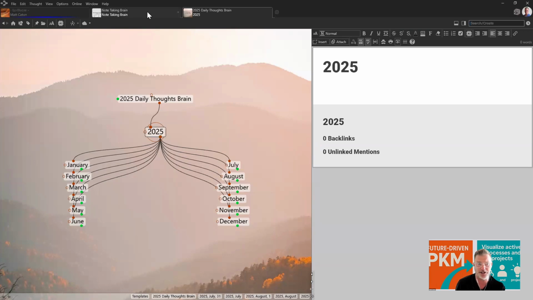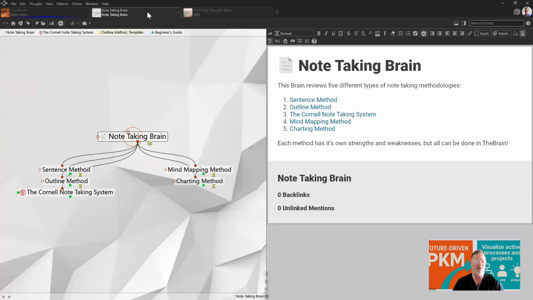Also, another sample brain that I want to share with you is the note-taking brain. I created this brain years ago and had no idea how popular it would eventually become. We talk about the brain as collecting your files, your documents, your web pages, everything. But one of the most important components of the brain is simply taking notes. The journaling brain is all about that, just taking a note on your daily activities and reflections.